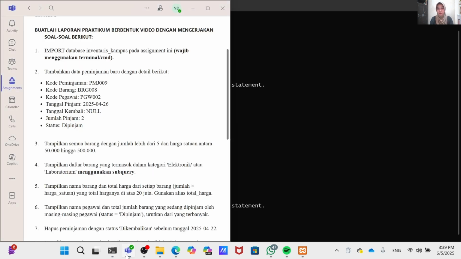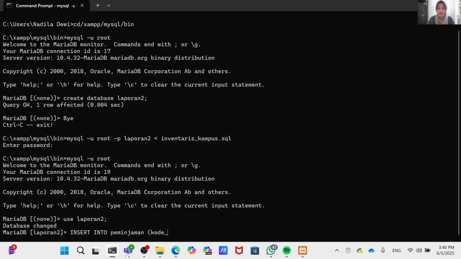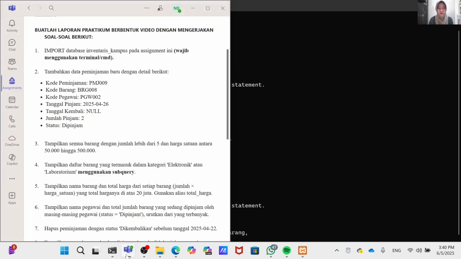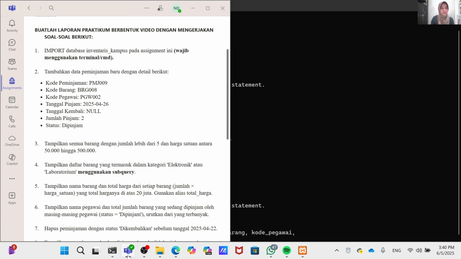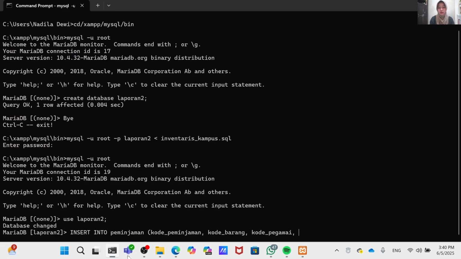Kode peminjaman, kode barang, kode pegawai. Kode pegawai, teman-teman.